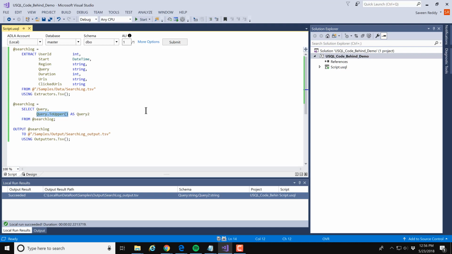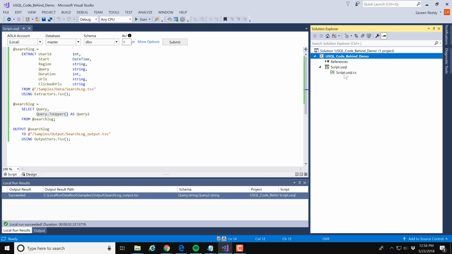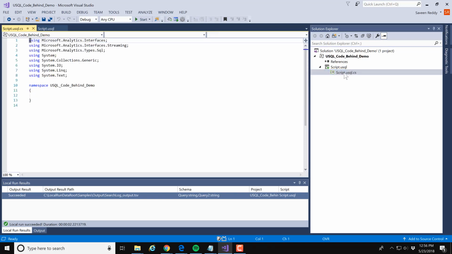Now, what I wanted to show you was C# code behind, okay? Now notice that the title of the script is script.usql. It's over here in the Solution Explorer, which I'll expand. And you can see that underneath script.usql is a .cs file with the same name. So I'll click here, and you can see this is just a normal C# file. So what we're going to do is we're going to put our code in here, and this is the code